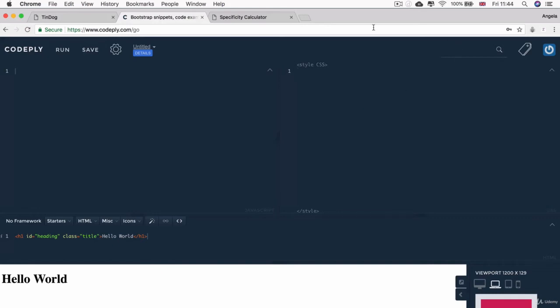So here I've got a code play, again with no frameworks, so pure CSS. We've got an h1 that has an ID of heading, as well as a class of title, and it just says hello world. Now over here, there are many ways that I can change its style, right? So I can say, for example, h1 color red. And if I hit run,